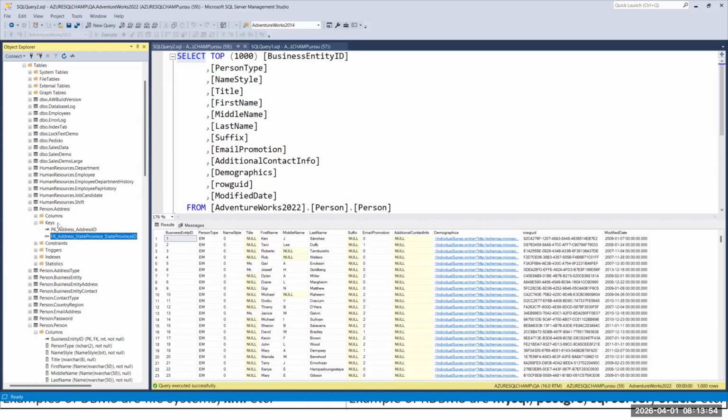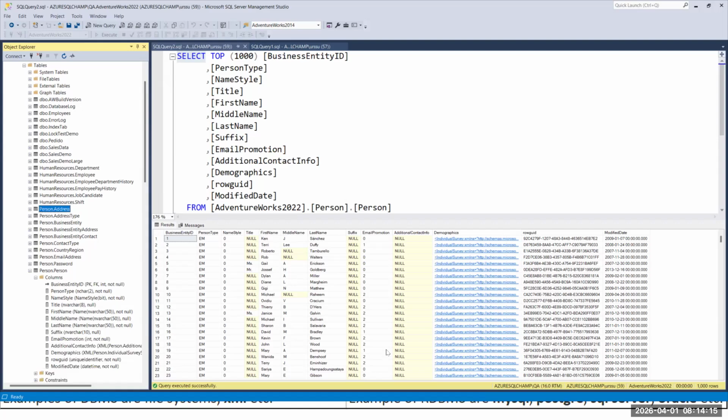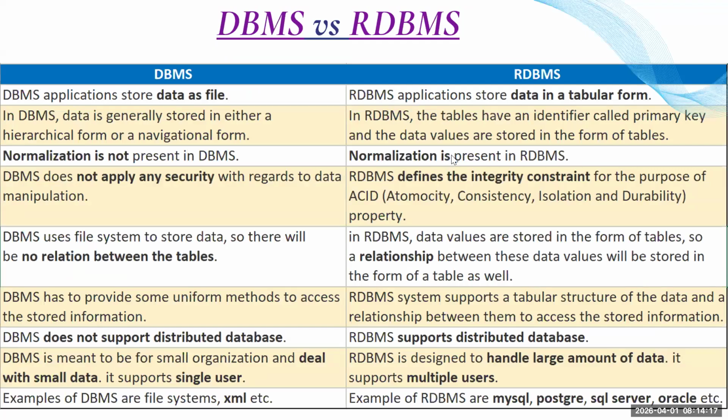Instead of creating everything in a single table, they are going to create multiple tables, and while they're creating multiple tables, they are going to make a relationship between these tables with the help of primary key and with the help of foreign key. Foreign key is acting like a child, primary key is acting like a parent. So definitely there is a relationship. That is what RDBMS is doing, sir.